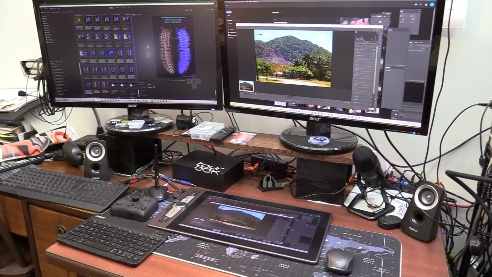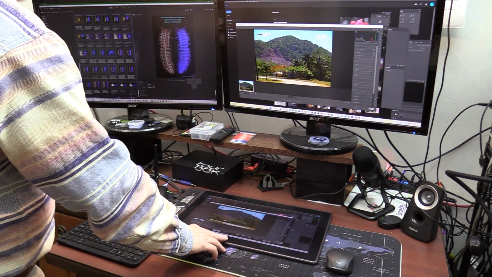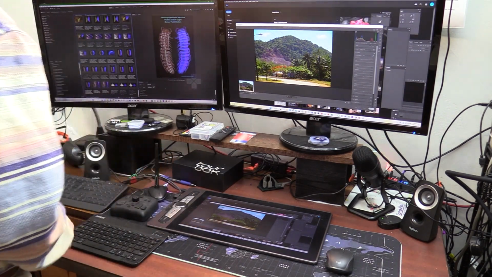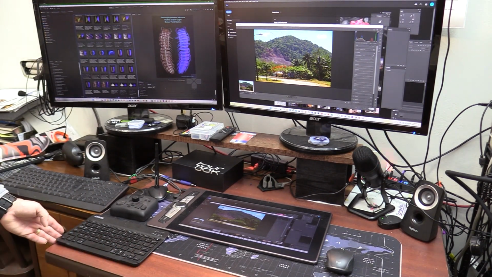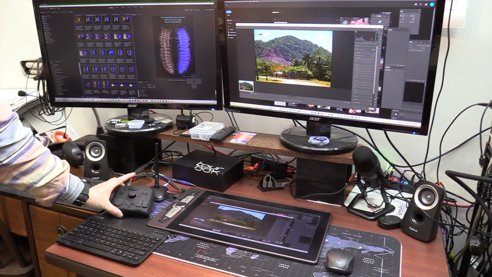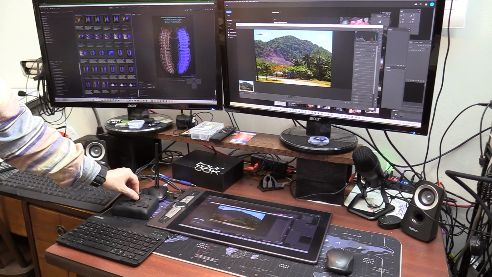And here's the setup as it would be configured for editing. Of course, I have my mouse. This is the screen that I can write on using this pen, which is very useful for the brush type controls. I have a mini keyboard here, which I use for when I have to enter text or hold down the shift key. But then I also have this tour box, which has a number of different controls, and I could do things like enlarge and